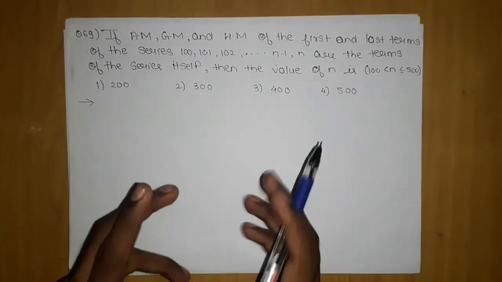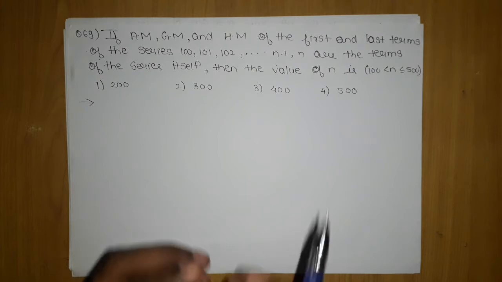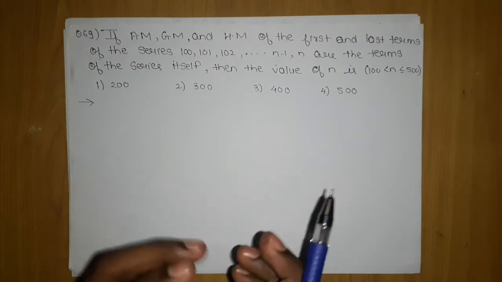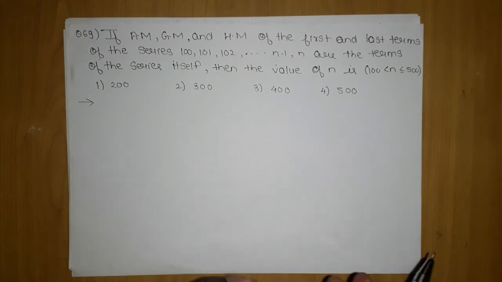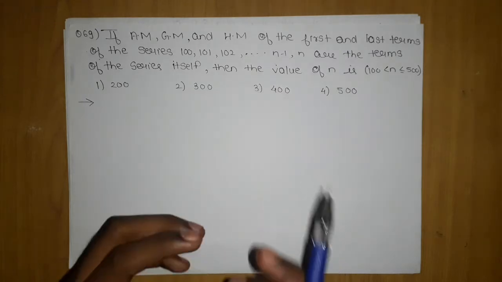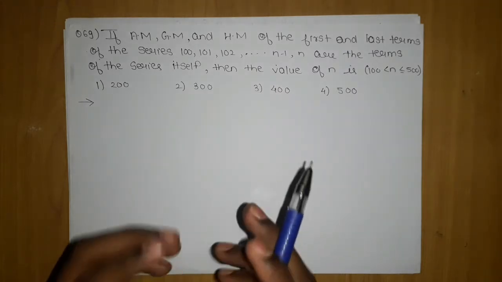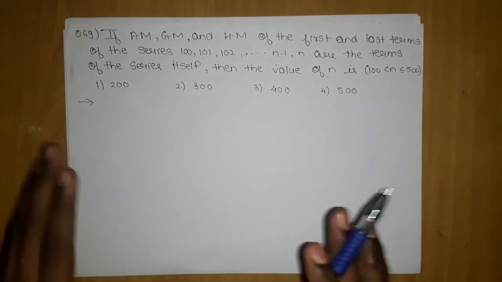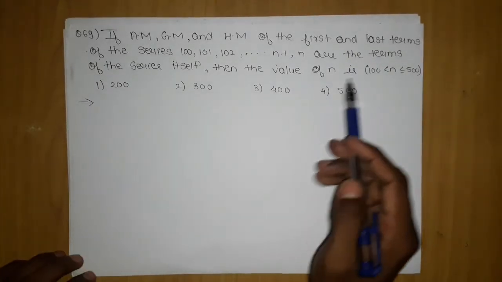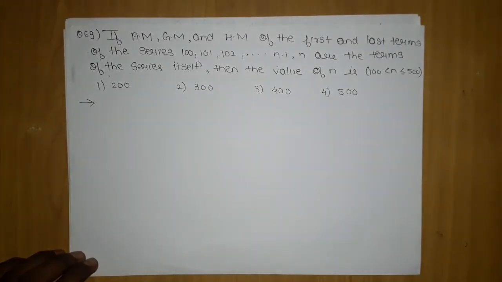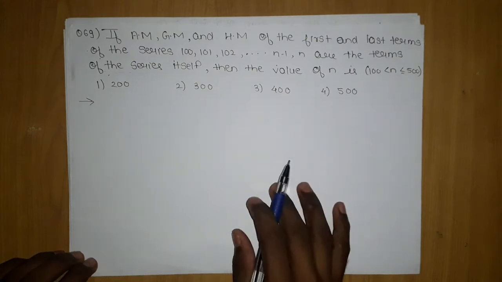Now if you are not able to understand this line, that the first and the last term of the series are terms of the series itself, then it will be very difficult for you to cope with permutation and combination, because the core of that chapter is that your language should be strong. If you don't understand the language, you will not be able to solve any question, not a single one. If you cannot understand such small things, you have a very big drawback in the exam, so you should correct that.